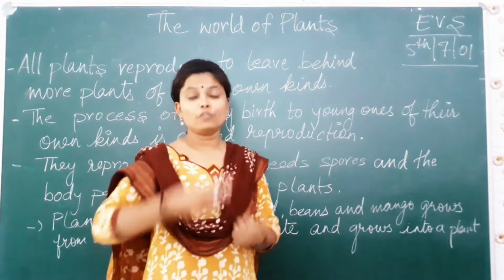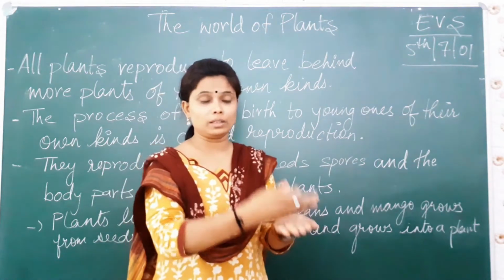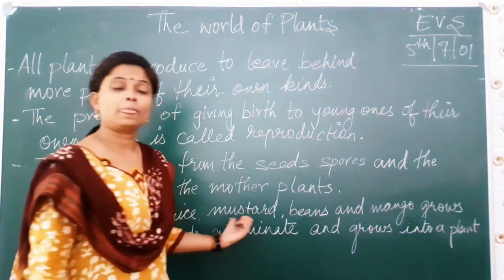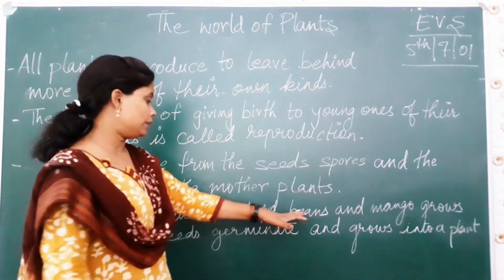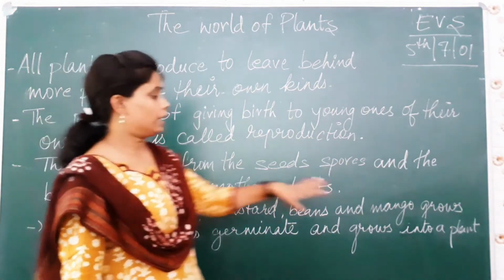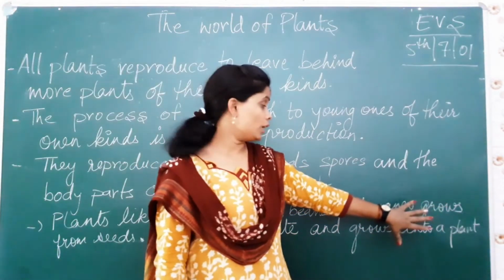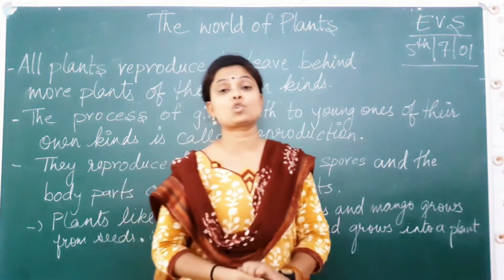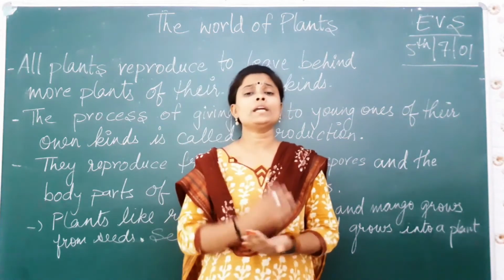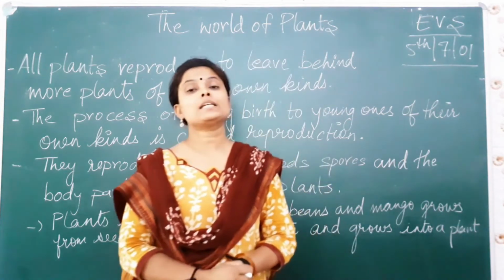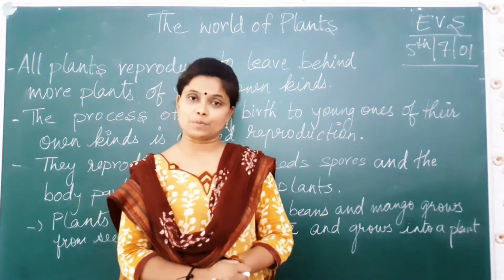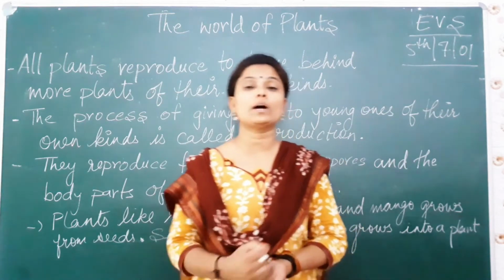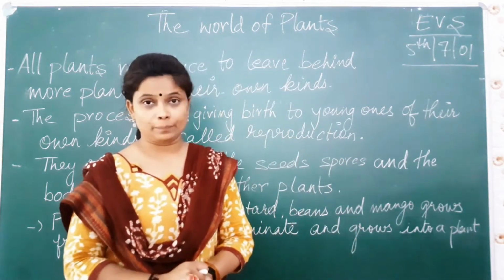As we grow from the day we are born, then a child, teenage, adult and old age, in the same way plants even grow. But they come as shrubs, and it comes as what? Trees. Why? Because it is a very big tree and a very strong one too. Now we talk about the seeds. Seeds are of two types. What are they? One is monocot and the other one is dicot.